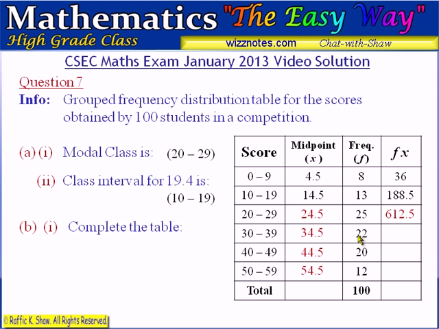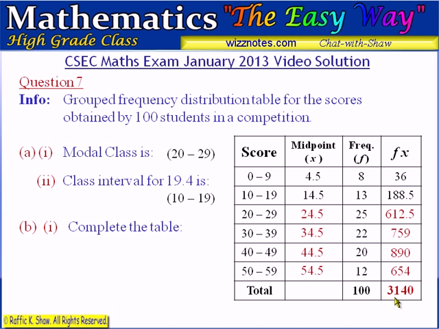And then for here, we multiply 22 by 34.5. That result is 759. And then we multiply 20 by 44.5 for this cell, which is 890. And then multiply 12 by 54.5 to get this value of 654. And then the total here would be the sum of these values. And that total is